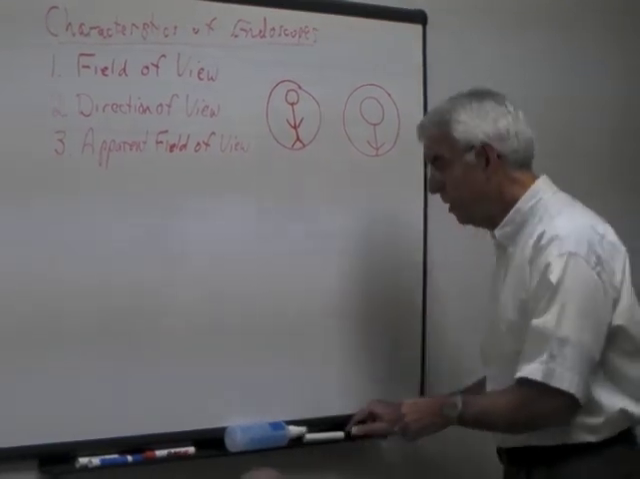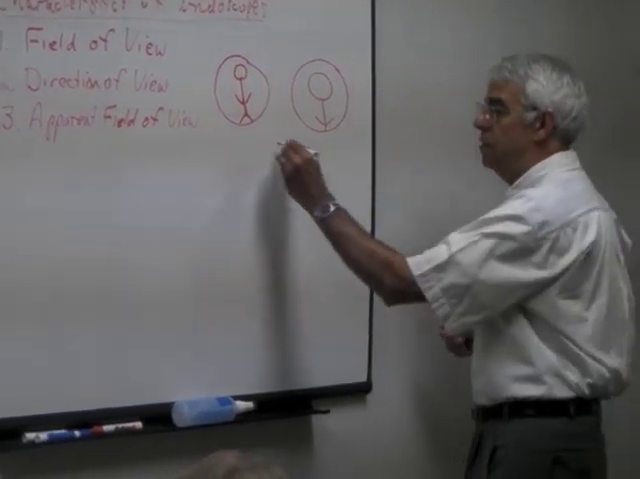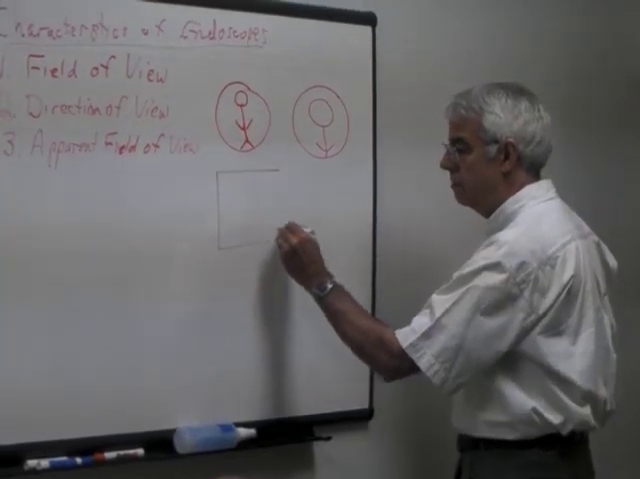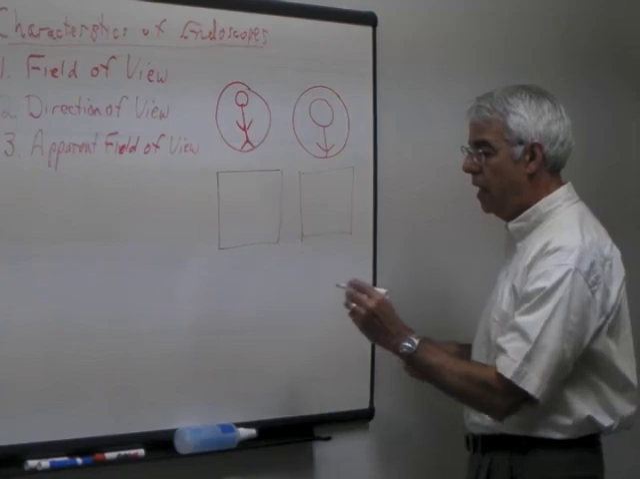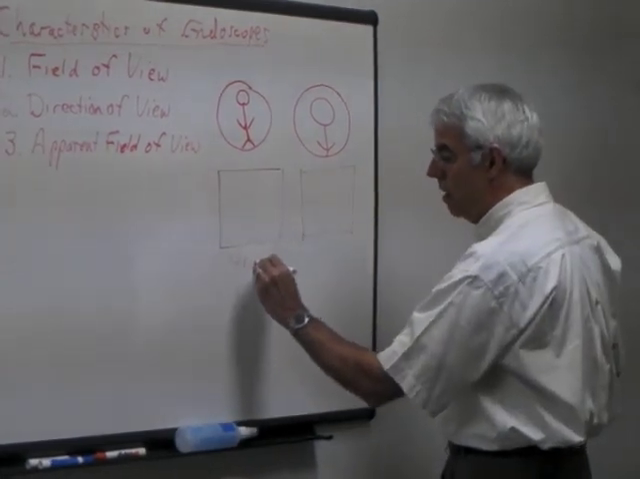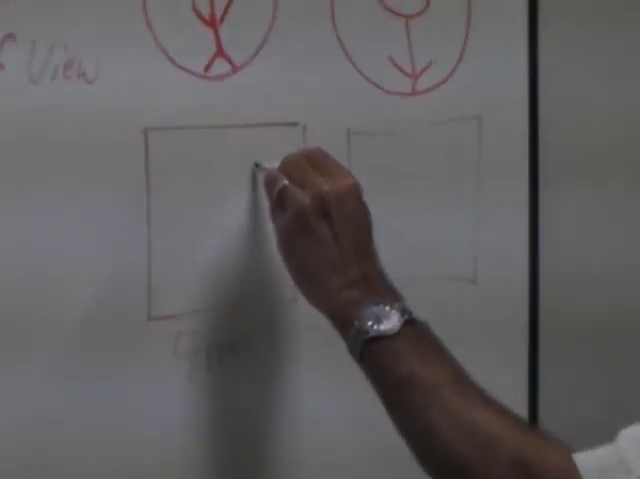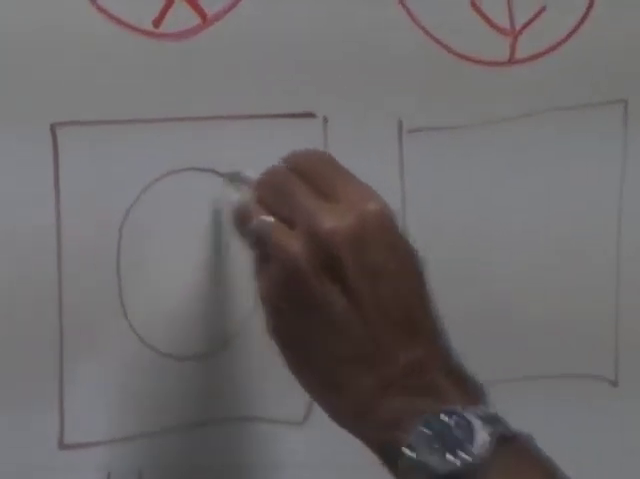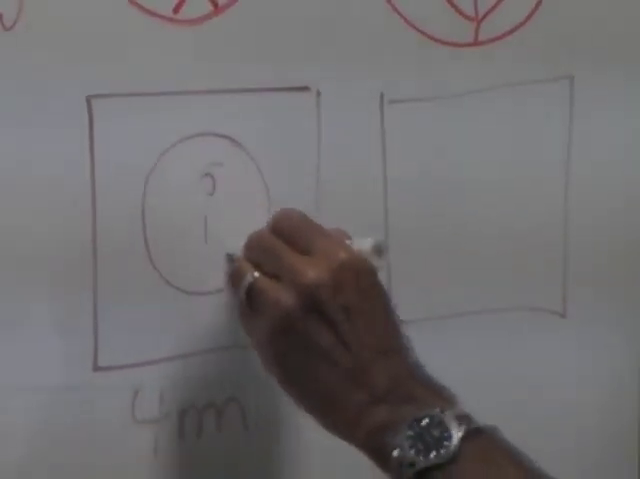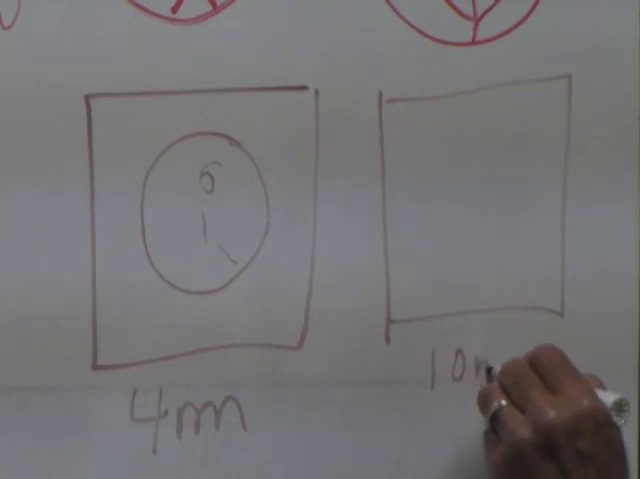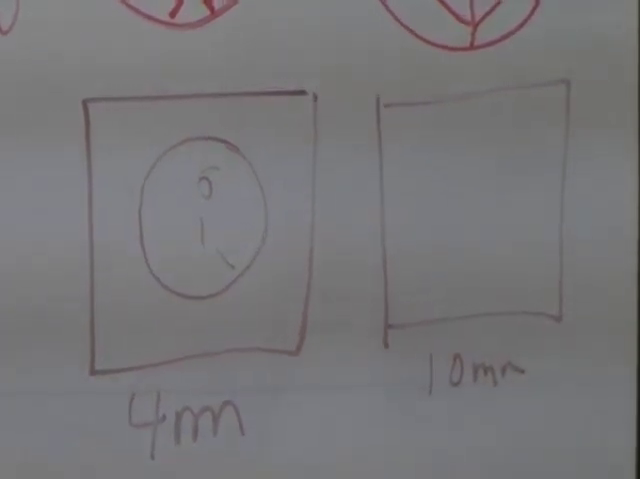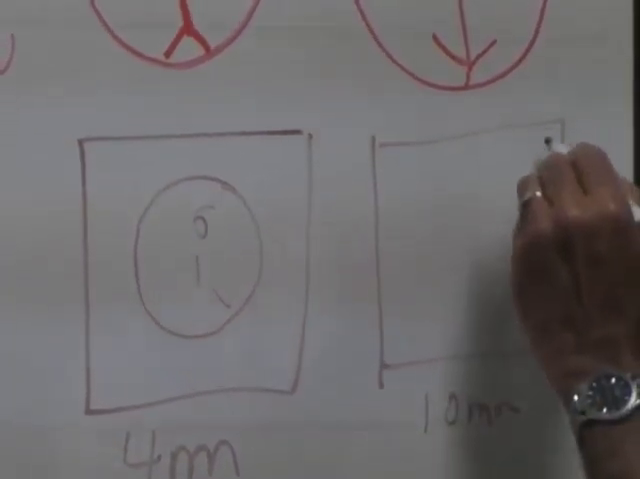For example, here's our two monitors, same size monitor, and say with the 4 millimeter arthroscope, you'll see a circle that looks like this. We don't know what's inside of it. Something's going to be inside. We're not even caring about that. With the 10 millimeter, with the same camera, the same everything else, what you'd see